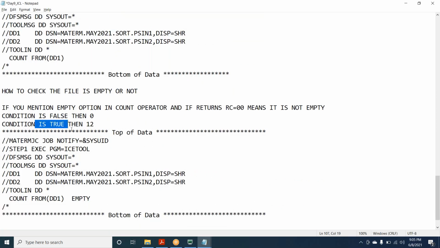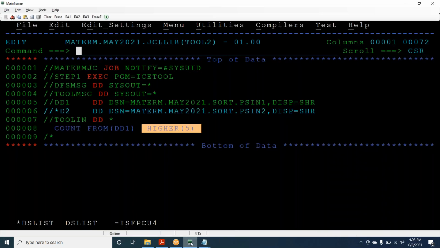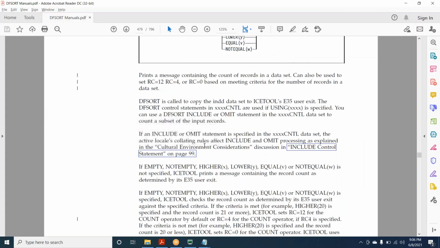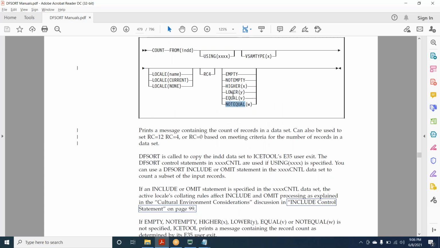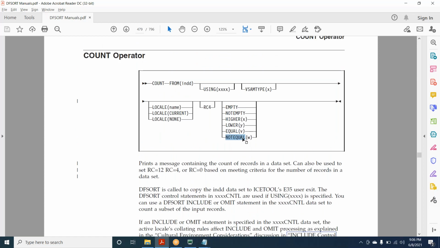If the condition is true, it is returning 12. Did you get my point? So HIGHER is basically to check whether 100 records are there or not. If you write it, you can use HIGHER, LOWER, EQUAL, NOT EQUAL. So this is all about the COUNT operator.